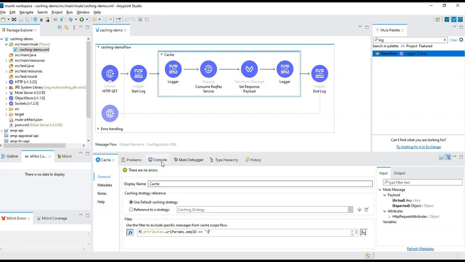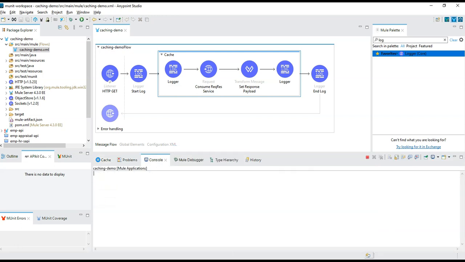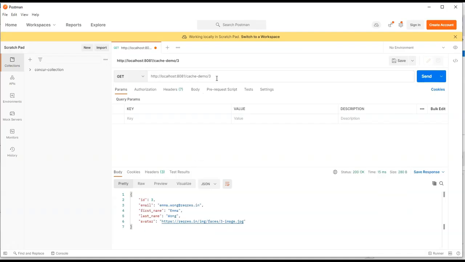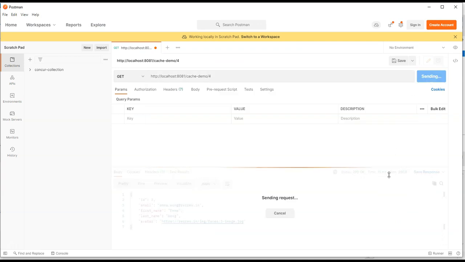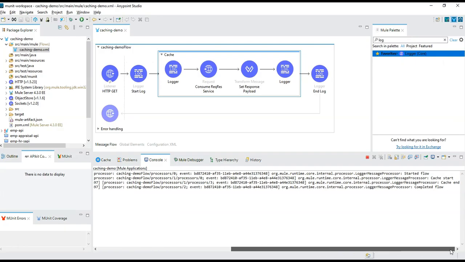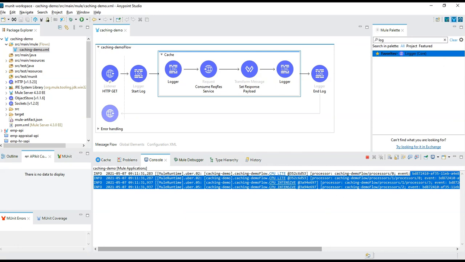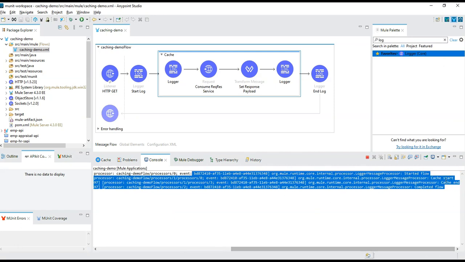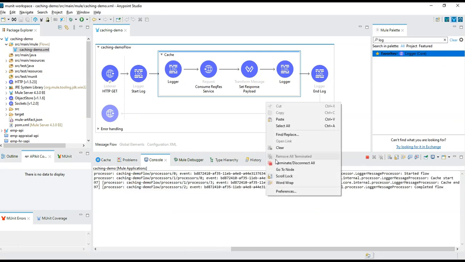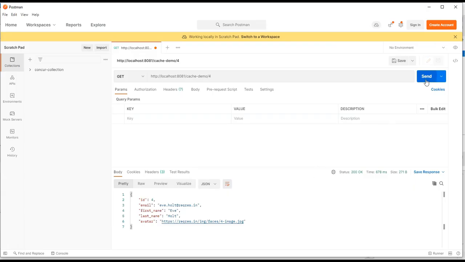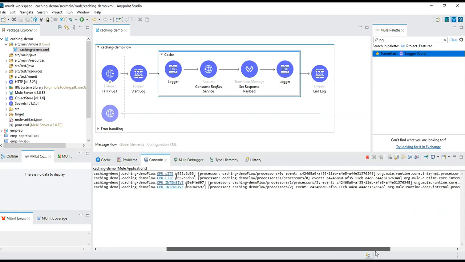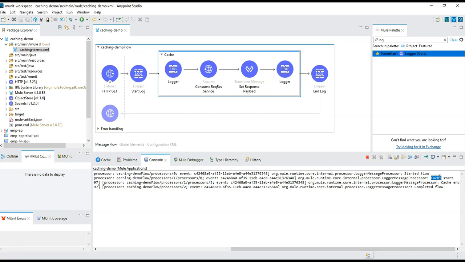Now let me send 4 here. Send. Now we see the complete flow has executed inside the caching also: cache start, cache end. Let me clear it and make the request again. We can see again it went inside and executed cache start, cache end.